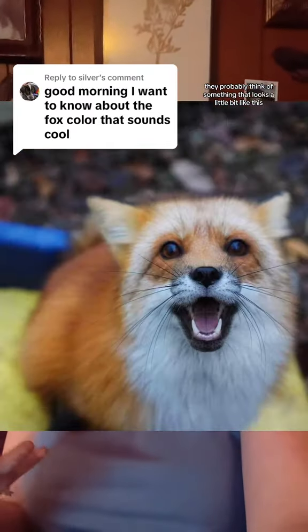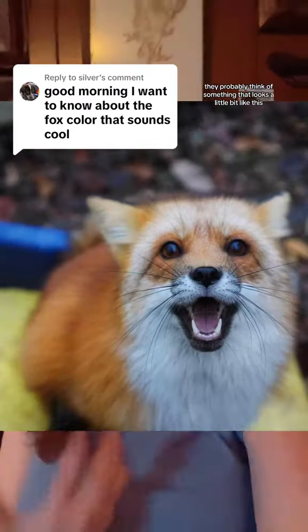Want to know more about bastard red foxes? Well, you are in luck. Time for a lesson in red fox colors and genetics. So when most people hear the term red fox, they probably think of something that looks a little bit like this. But thanks to fur farms, and I use the term thanks lightly, red foxes can actually come in dozens